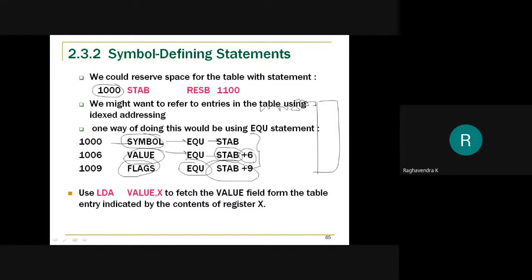There is no problem with it, but there is no clear definition. So S tab is the only reference, and the way we have defined our columns is with regard to this value of S tab. Okay, so obviously, if you want to access these fields, then we are supposed to use the indexed addressing mode because we have defined all the indexes as S tab plus 6 and S tab plus 9. We would actually use indexed addressing mode to fetch the value field or the flag field from the table. Okay, so this is how we would normally do it if we did not have org.